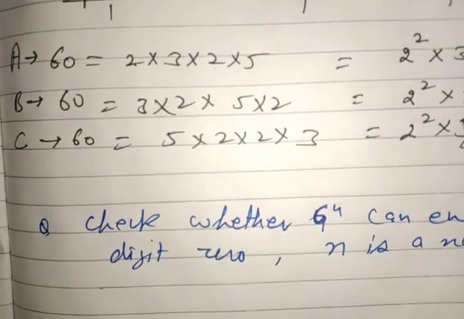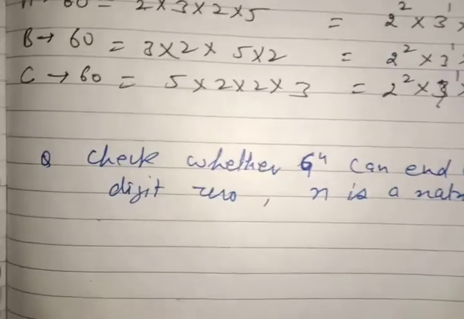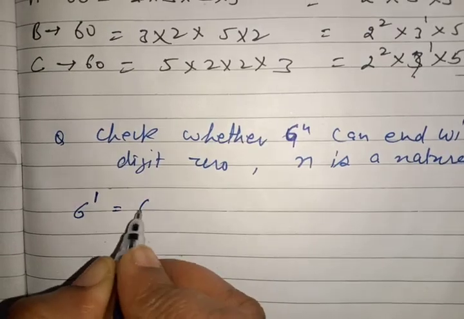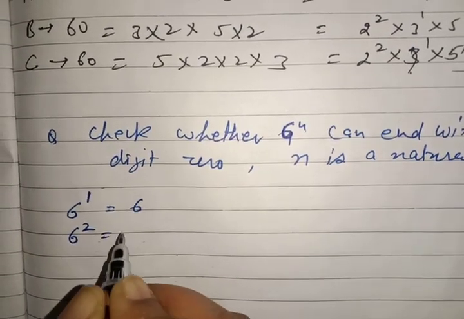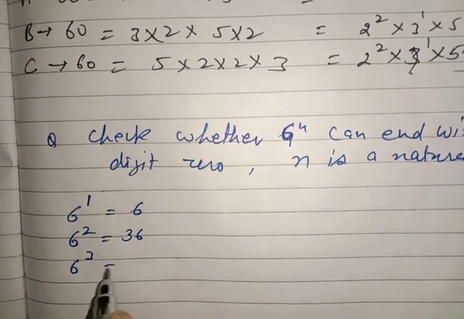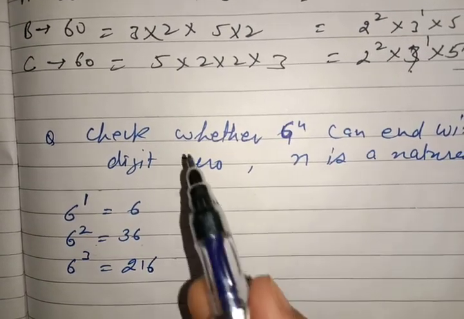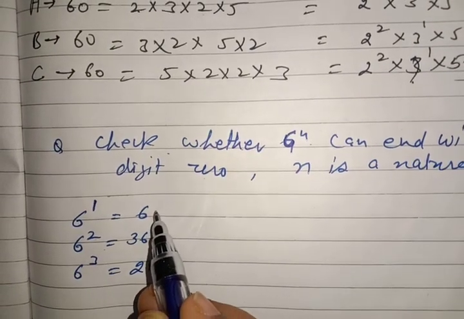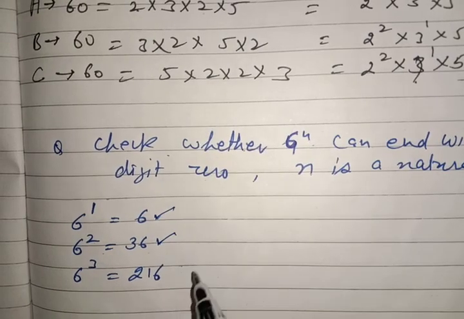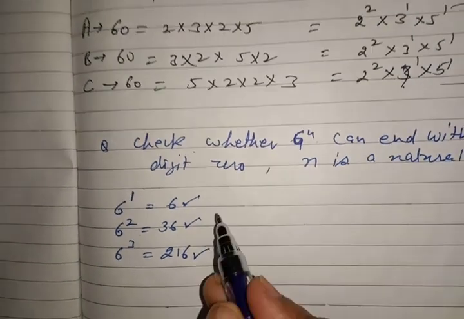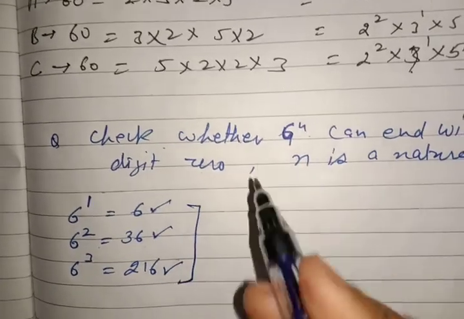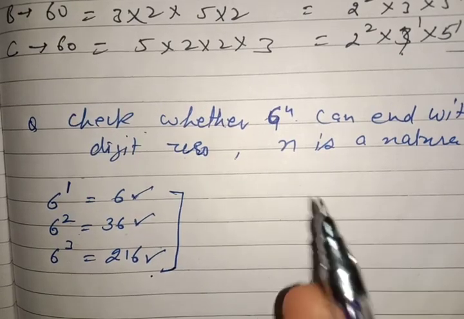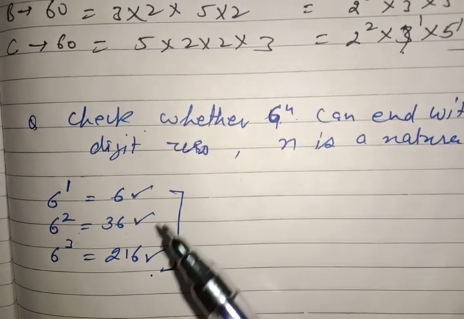So if 6 to the power n, first of all the meaning of this question, if I write 6 to the power 1, because n is natural, so n can take value 1, 6 raised to power 1 is 6. If I write 6 raised to power 2, it is 36. If I write 6 raised to power 3, it is 216. So question is, check whether this can end with 0. Never, it can never. You can see 6 power 1 is 6, 2 is 36, 6 power 3 is 216. It can never end with 0, but we need to write to get marks in exam. Now, concept is clear to you. Yes, you can say easily that answer of this question is no, never.